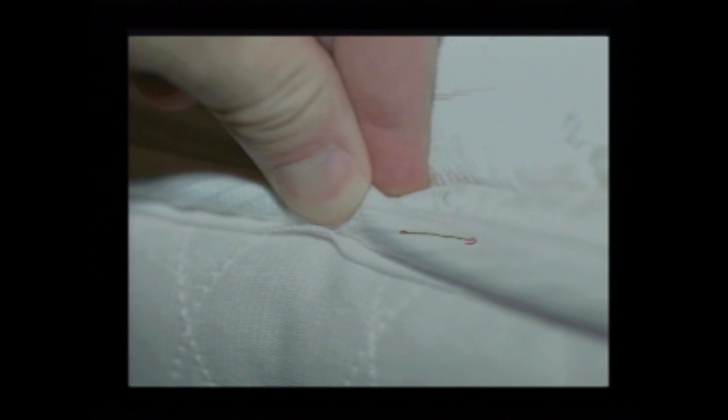This is the level of detail that you have to go to when you're trying to look for bed bugs. Here's the edge of a mattress. This is piping right here along here, and you can see where I've got my thumb and I'm prying up this piping, and not only that, but I'm prying up this extra flap, because that's the level of detail you have to go through. It takes time to go through and look at every crack and crevice, to go through and inspect every stitch seam for